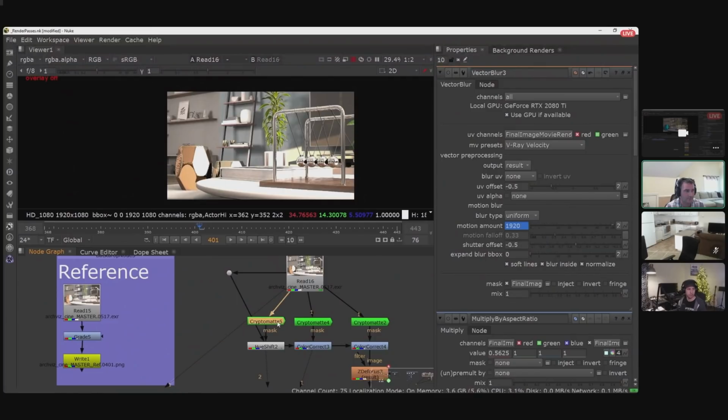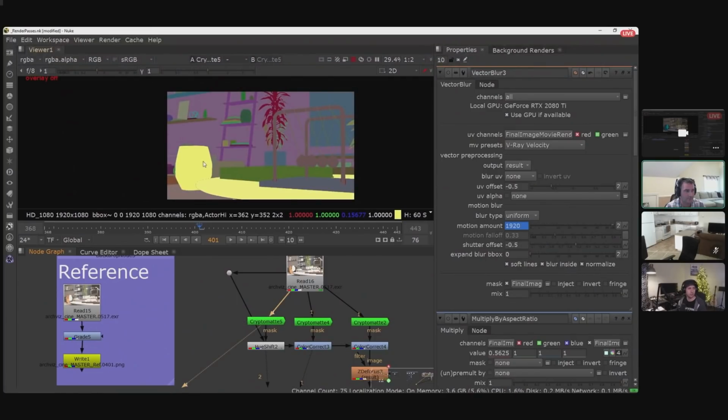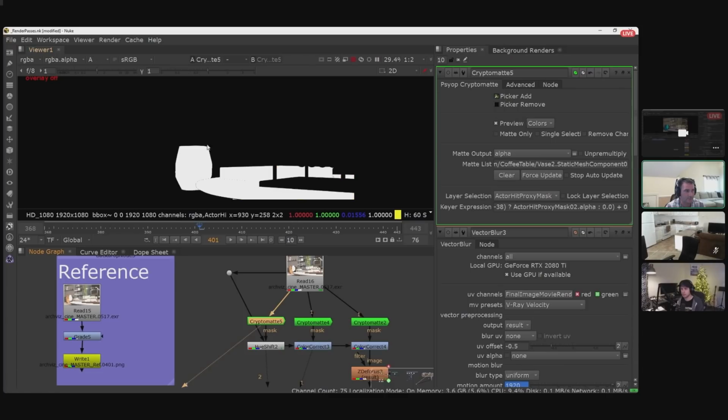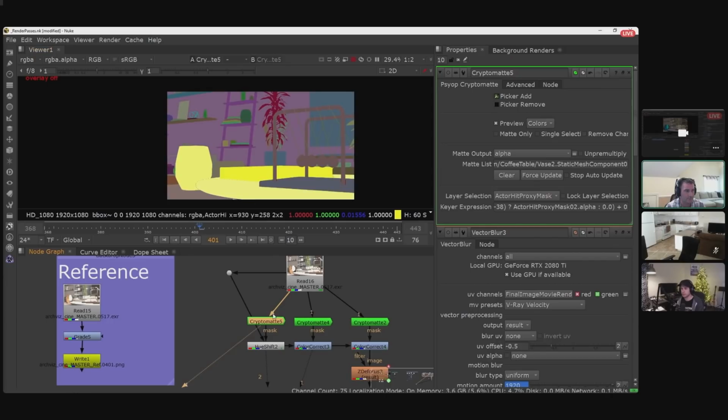We have the Cryptomatte nodes, and see here that we have our object IDs. When I double click on the Cryptomatte node, you can see I have this add picker and remove picker. So I can add and remove any of these by holding control and just clicking. And now if I inspect the alpha channel, you can see that these have been added to that mask. So I've gone ahead and did a couple of those here in this example.